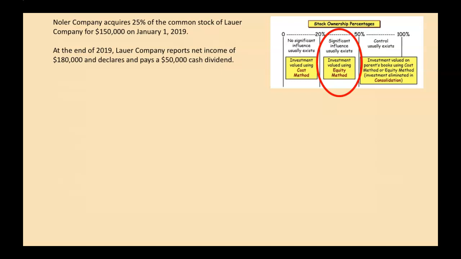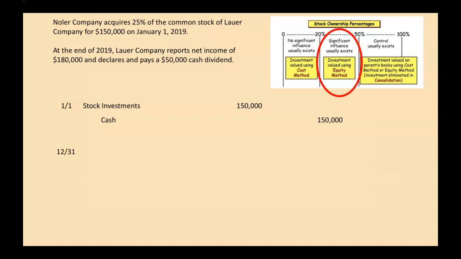So we have a few different journal entries for these transactions. The first one, on January 1st, Knoller Company acquires 25% of the common stock of Lauer Company for $150,000. Well, your stock investments are going to go up, so we need to debit our stock investments. And we're using cash to buy this stock, so we credit our cash to show that our cash is decreasing. Now, how much? Well, you acquired all of that stock for $150,000. So we need to debit stock investments and credit cash for